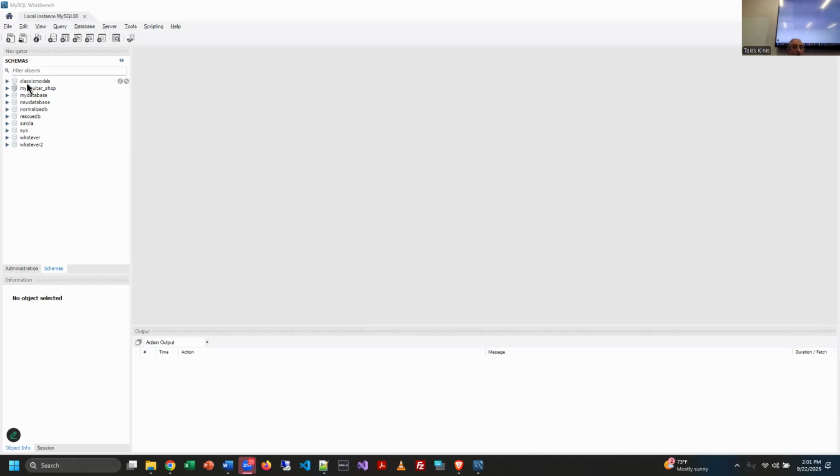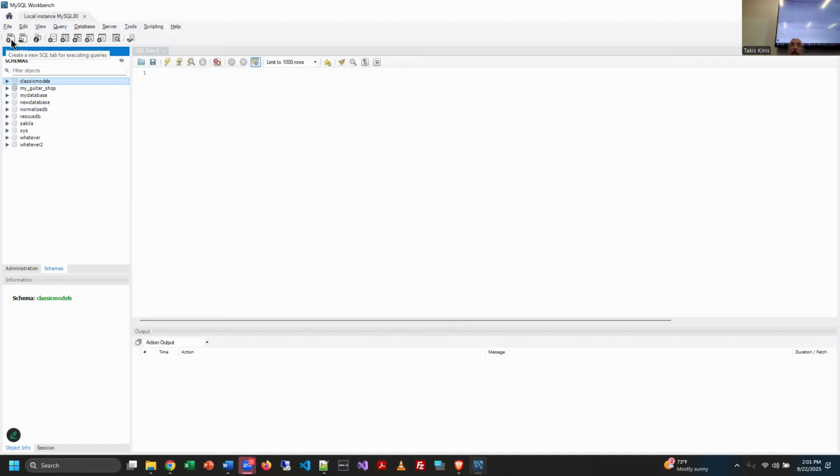But right now you should see in your schemas table, classic models and My Guitar Shop. Knowing that we're using classic models, I'm going to open up a new SQL code window. And notice how I did that? I went to the toolbar here and hit the first icon, or you go to the file menu and just say